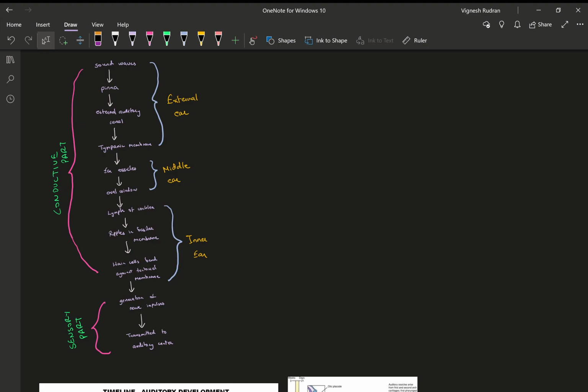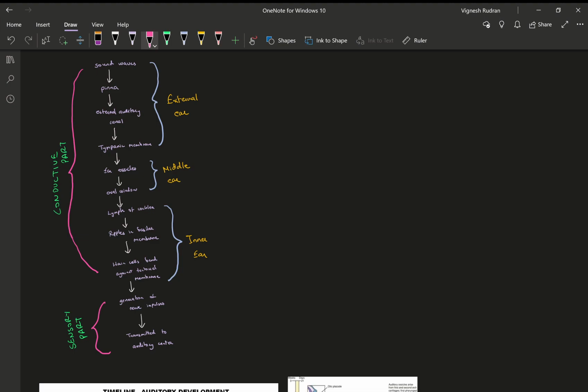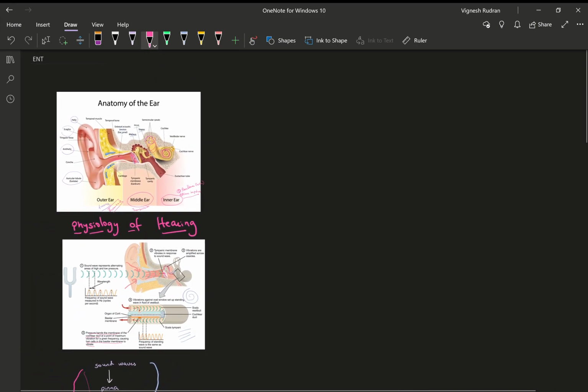And that would cover the function of the parts of the ear as well. So external ear, middle ear, and inner ear. If you are going to have any problem with the conduction, so this whole part is known as the conducting part, and this is the sensory part. So a conducting problem is not going to cause great hearing loss and can be rectified more easily compared to the sensory part. Sensory defects are very hard to detect, and you need various audiometry techniques to detect them, diagnose them and correct them. So that would be your mechanism of hearing.